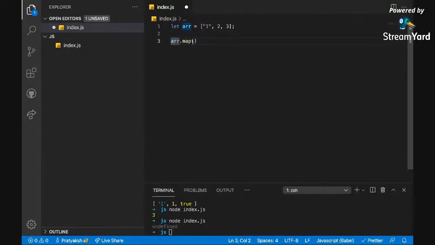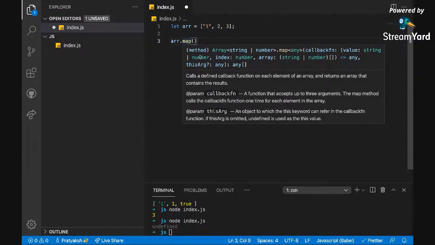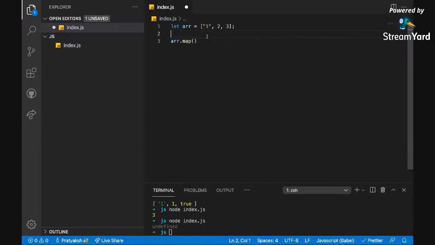So I say ARR map, and now let's see what this map takes. This map takes a callback function, and this callback function has a value, has an index, and then it returns any array. The main thing is it returns an array.